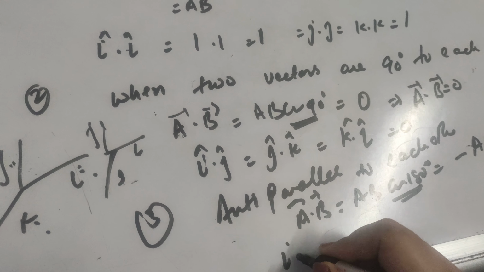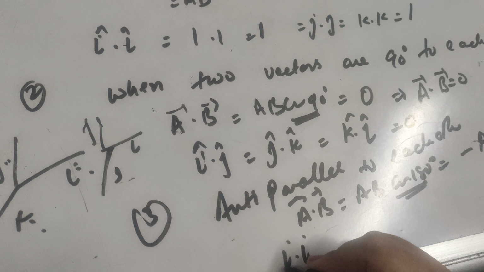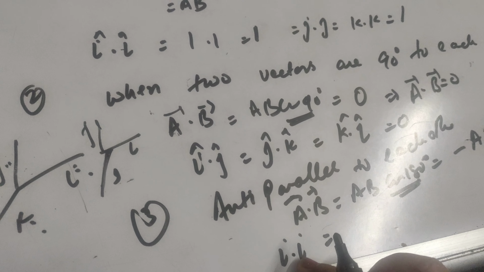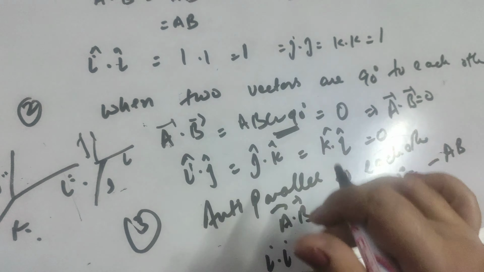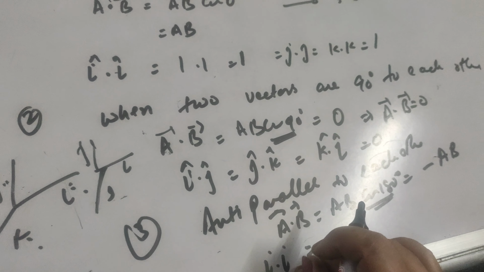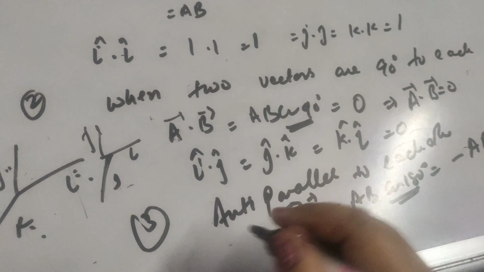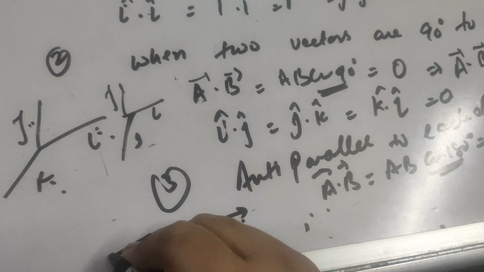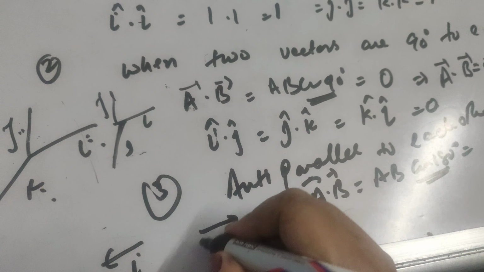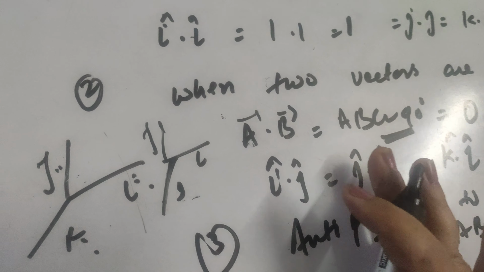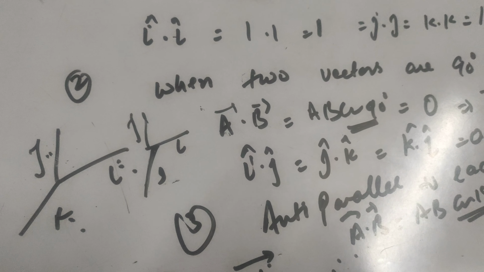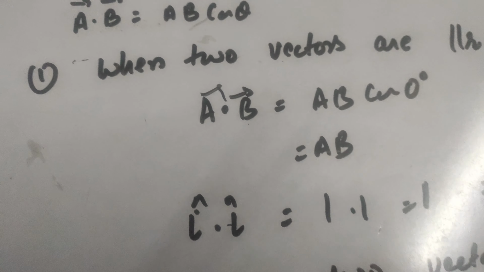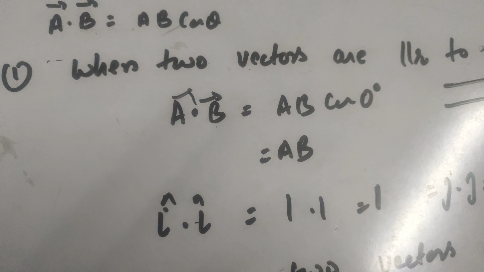So in that case again, i dot i, if we talk about them being anti-parallel, is equal to minus 1. We will not write this specifically, because that will create confusion, but diagrammatically we can understand one vector is i here and in another system this is i here, then in that case i dot i is equal to minus 1. So again it follows the associative law and commutative law of two vectors, right?